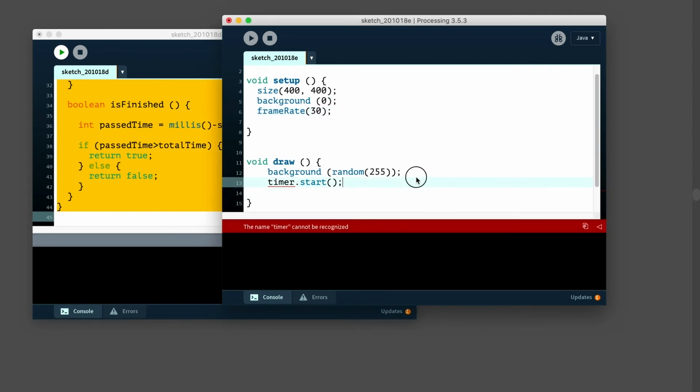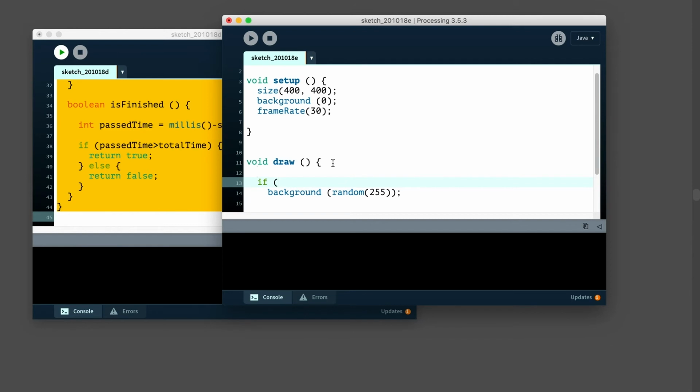And then what I could do is, let me delete this, I'm going to write another if statement, and I'm going to say if frame count. The thing I'm going to use is a modulo, which gives me the remainder after a division.